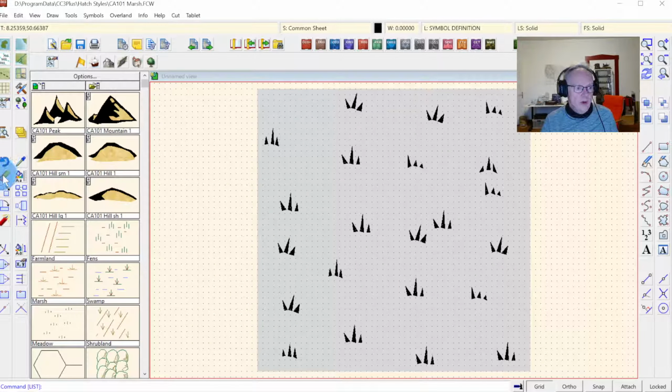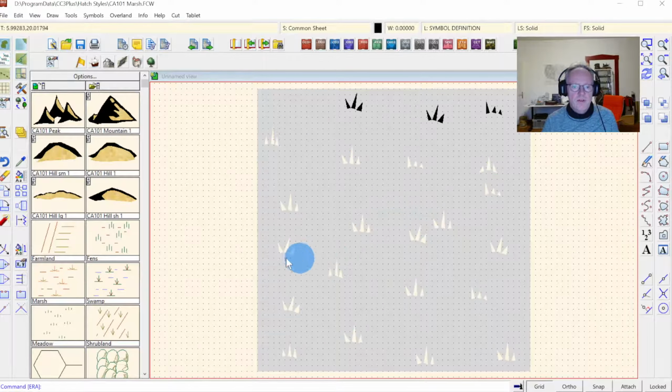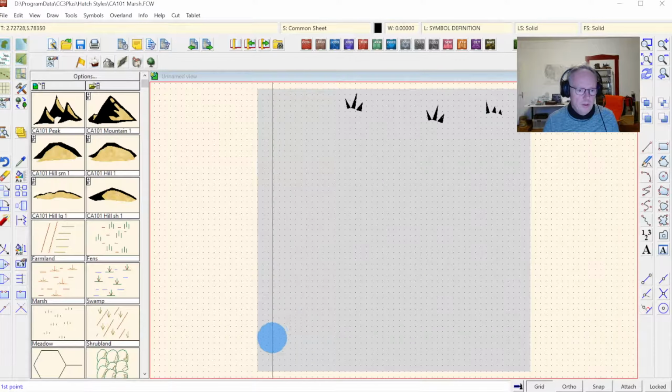So I'm going to use extract properties on one of the entities here, so I get the same properties, and then I'm just going to erase the stuff that is currently in here, or I might leave perhaps a couple so I have a reference for the size or anything. And now I'm just going to grab a polygon tool and create some large